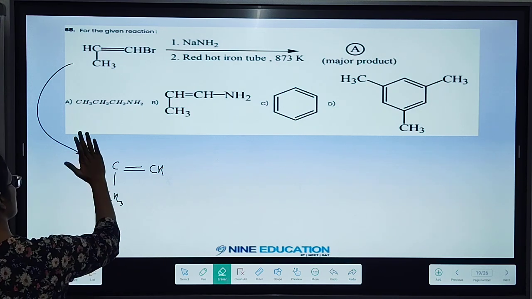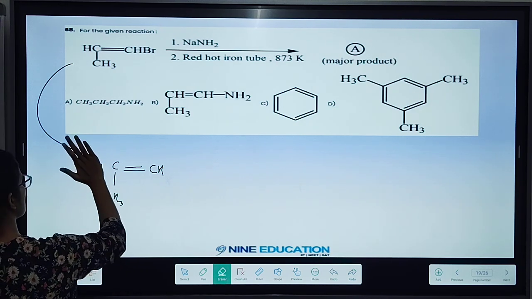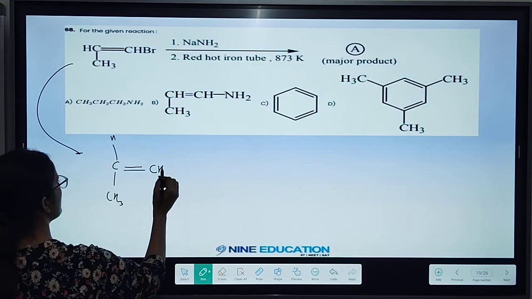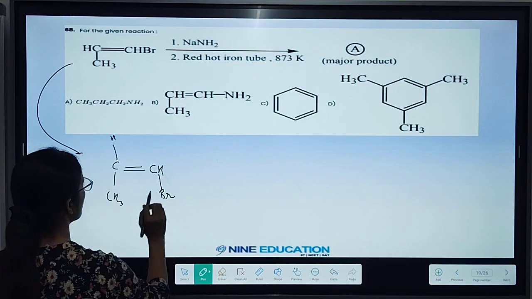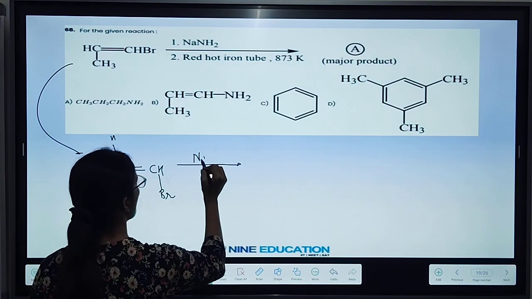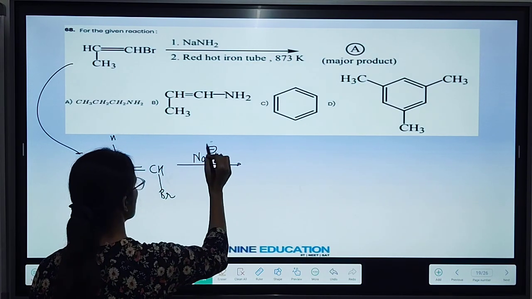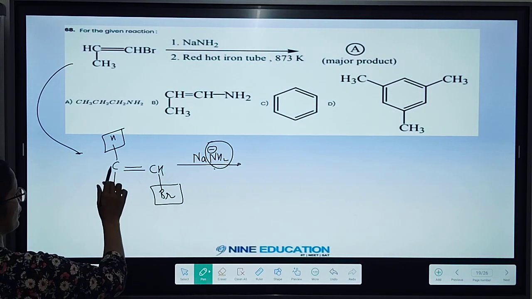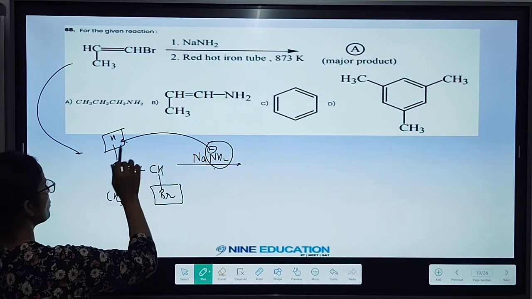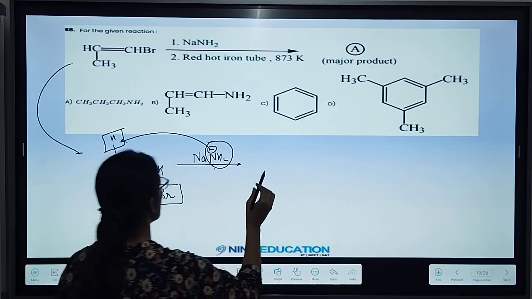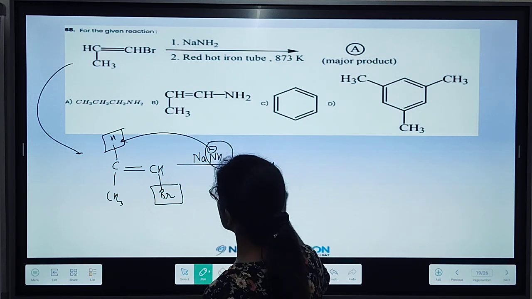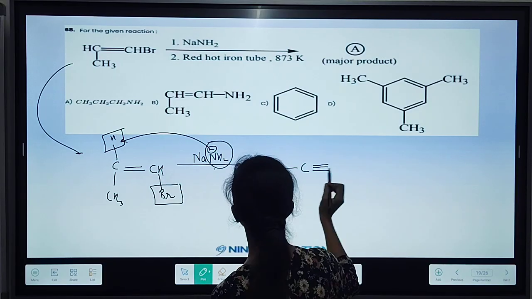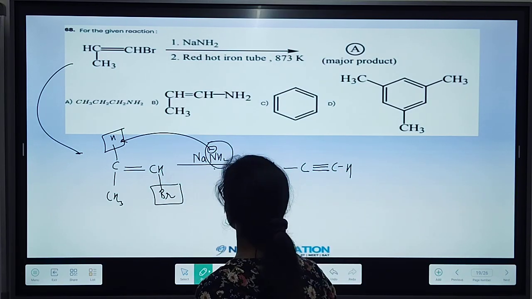Here we are having one hydrogen, and here we are having one bromine, okay, and we are reacting it with NaNH2. NaNH2 means we are having NH2 minus, a strong base, so ultimately it will be doing elimination of hydrogen and bromine from here, because NaNH2 will come, take up hydrogen and bromine will release, and what we will be getting is CH3, C, a new pi bond will be coming, CH3, C triple bond C, H, this will be the propyne, okay,